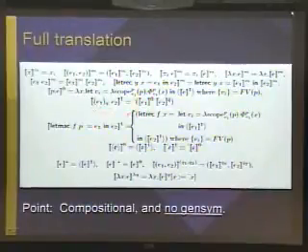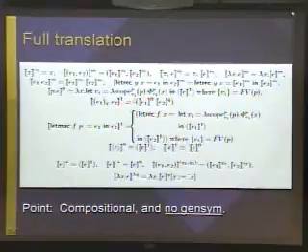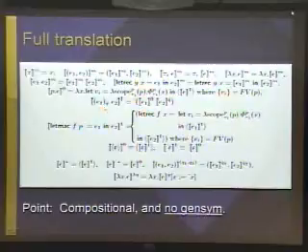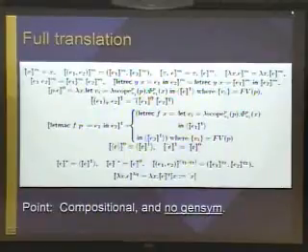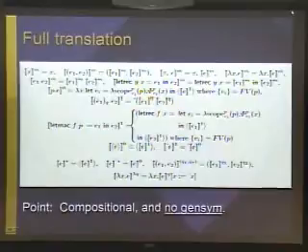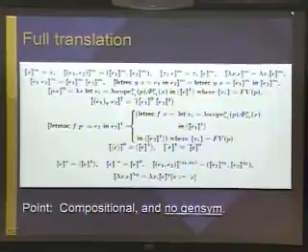A function application is done similarly. It occurs at level 1 and is escaped, and the first argument is translated in a straightforward way. The second argument has to be translated in a way that depends on the arity, and that's where we need the arity information in the translation to get it right. The most important thing about these rules is that it's a compositional translation, and there's no gensym anywhere.